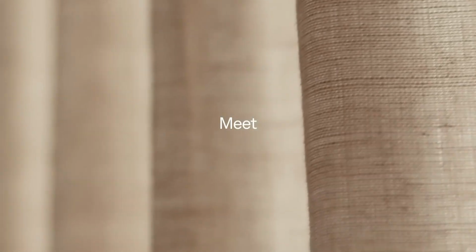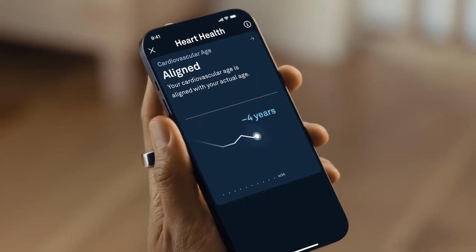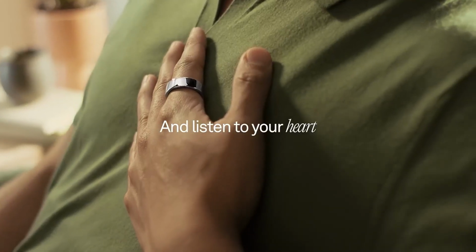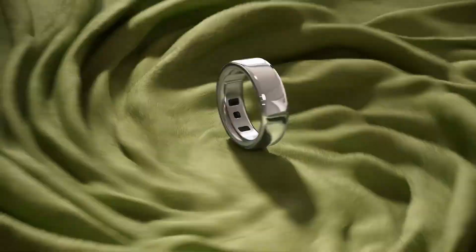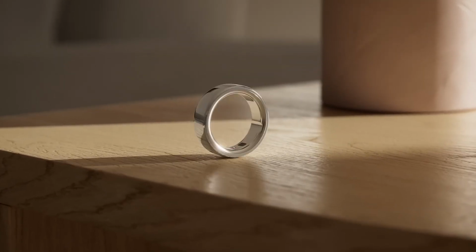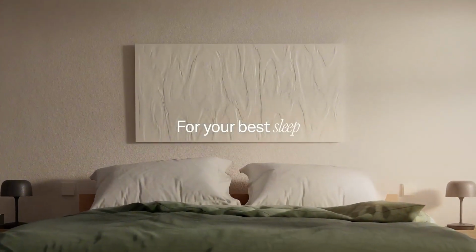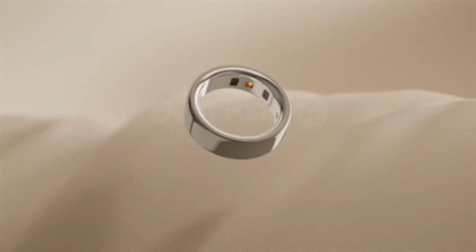It's not predicting the future, but it is looking for those subtle changes that might suggest something's off, before you even feel sick. Give me an example. What kind of changes are we talking about? Okay, so let's say your temperature jumps up a degree or 2 overnight, or maybe your heart rate variability takes a nosedive. These could be early signs that your body's fighting something off. Hold on. Heart rate variability. Yeah. Have you ever heard of that before? Honestly, not really. I've seen it on my fitness tracker, but...